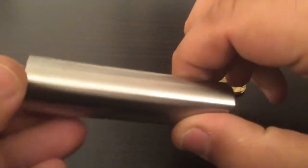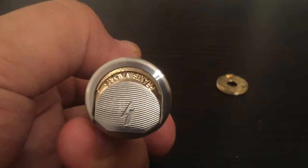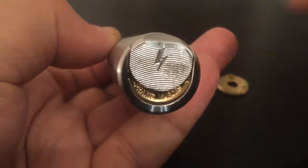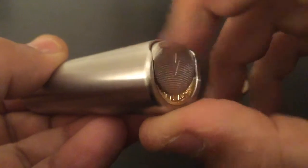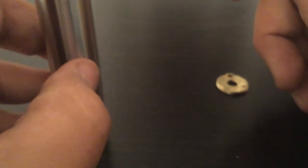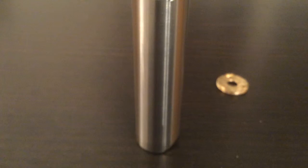Just get one of my batteries just to pop this switch back down, but basically that's the switch. There we are. Oh, got it upside down. And under there it does say Praxis Vapors with a serrated button and a lightning bolt. So the good thing about this one is push it in, push your locking switch in, and then up like that, which is brilliant because it'll stand up without firing. So this is brilliant. One of the most hard hitting mods out there,